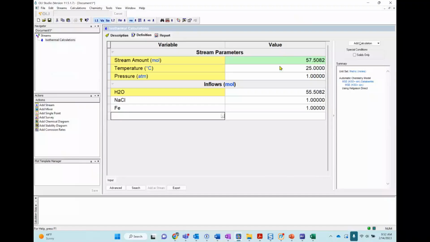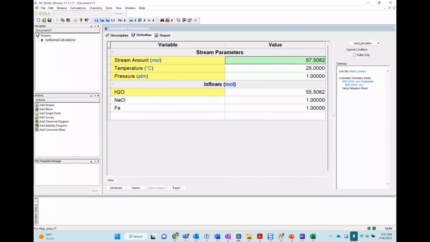Now, again, the calculated stream is here. Every time that you see white cells in the software, that means that you can edit. You can always add, delete, change. Yellow cells mean you cannot edit anything. They are as they are. You cannot change naming, you cannot change or delete. Green means it is being calculated by default, but you can always override that. You could put 100 here and override it. But at the moment, we're just going to leave it as is.